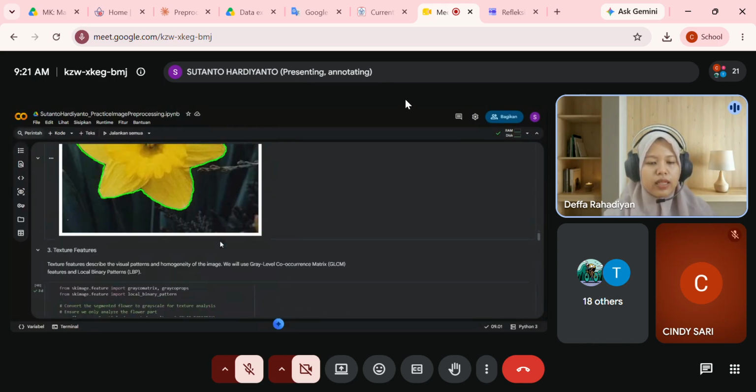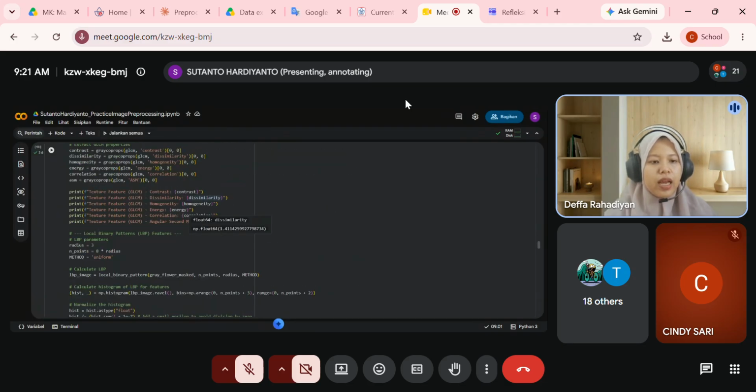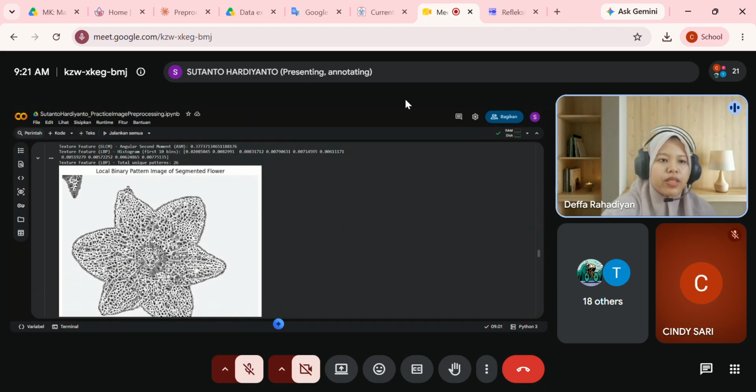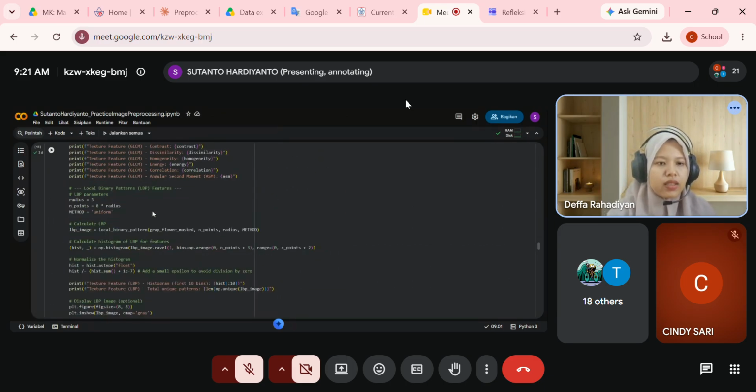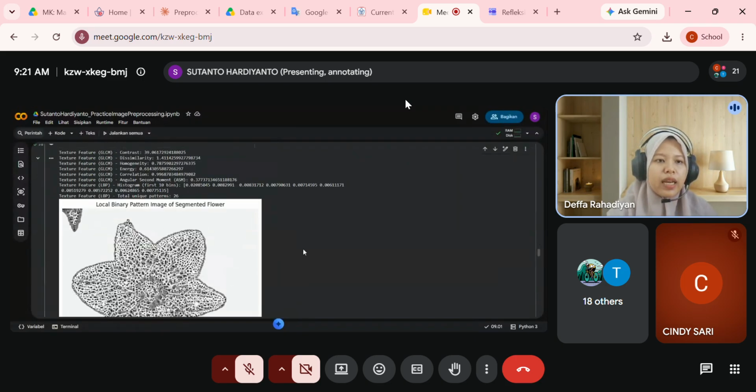Next, this is the contour result, and then this is the texture. Scroll down. Okay, using LBP and GLCM. So, what is the output? Scroll up, I want to see the output. No, I mean the output like this, the texture features such as contrast. Now, this is the numerical value features as a new feature that we get from feature extraction, yeah. And this is from GLCM, and from LBP we have 10 new features, yeah.